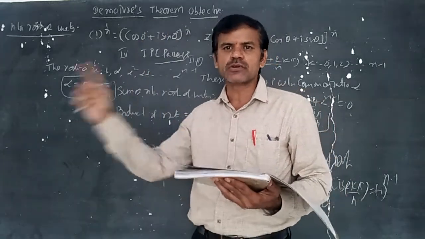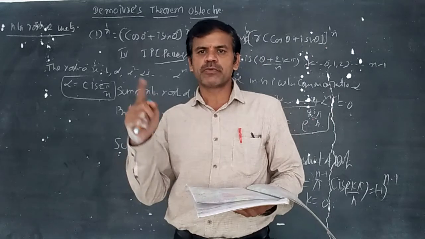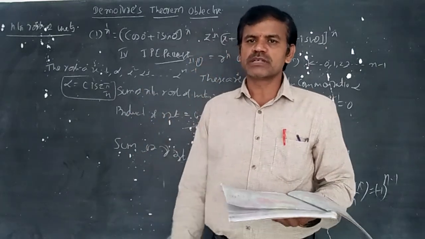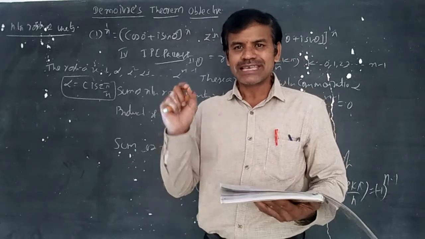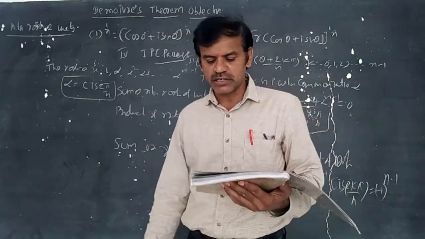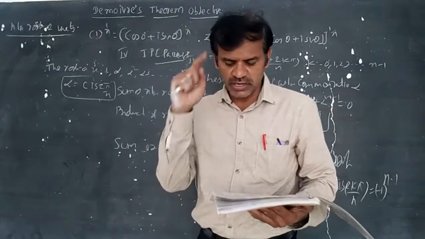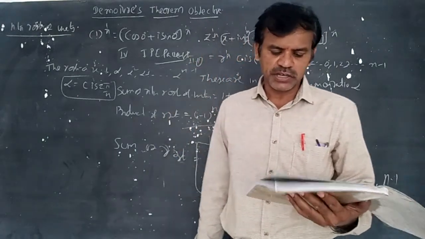We got this if p is not equal to kn. And 1 plus alpha power p plus alpha square whole power p plus alpha cube whole power p plus so on, alpha power n minus 1 whole power p is equal to n where p is equal to kn. Like that we discussed here: nth roots of unity, p is a multiple of n. There I said proof. See page number 48.